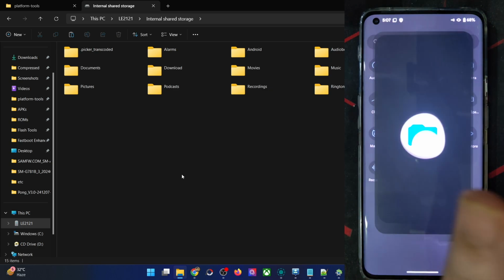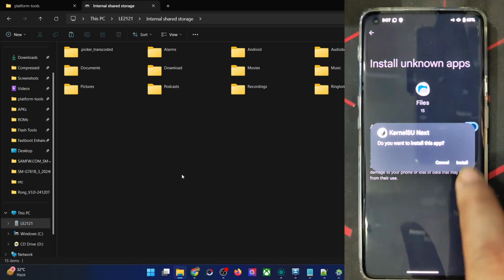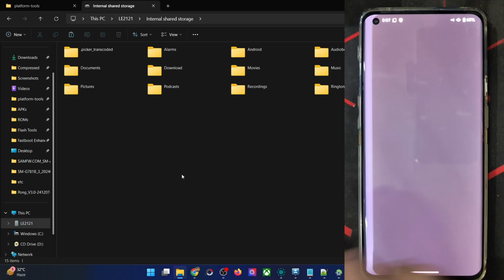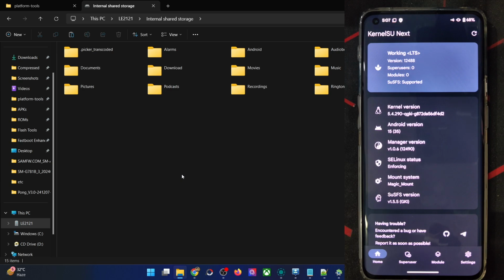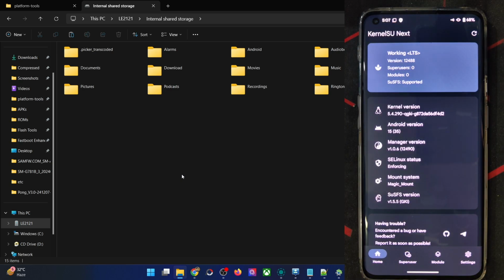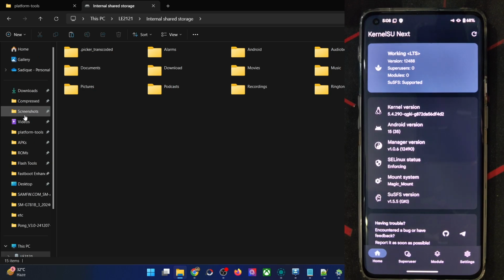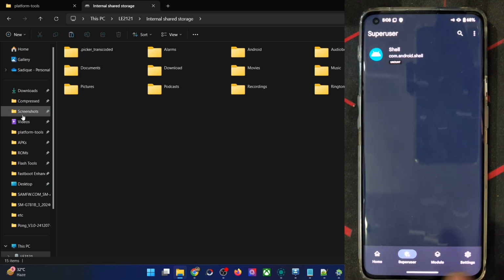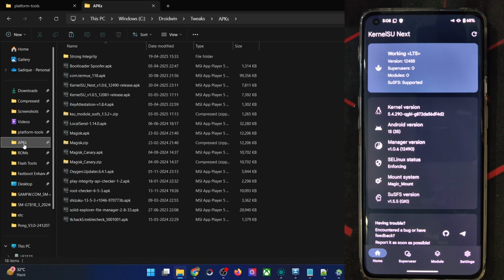Let's now install the app onto our phone, and then we will have a look at the rooting steps as well. Settings, enable it, install the APK, then open it, and as you could see, we have obtained root in the LTS mode. You could easily flash any module if you want from this page. By default there will be no SU request. If you install a root checker app, for example, any rooting app of your choice, then you will not get any SU request. You will have to manually give them the root access from the superuser tab itself. Let me give you an example and show what I mean exactly. This will be easier to understand.